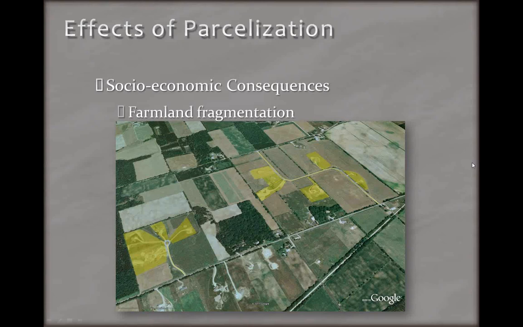We're also finding farmland fragmentation. In the literature, you will hardly find anything about farmland fragmentation. You hear a lot about forest land fragmentation, but the same concepts apply with farmland fragmentation. What I highlighted here were some homes in yellow, home lots here in a very agriculturally productive area. And you're noticing that these home lots are perforating the productive farmland.